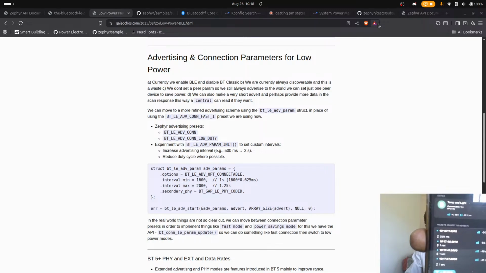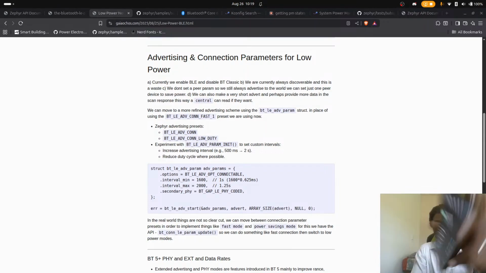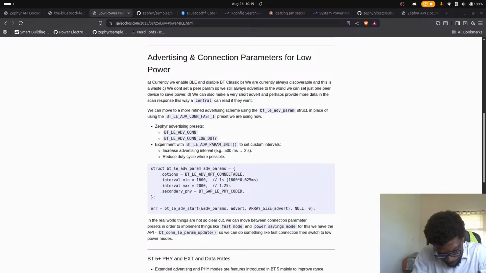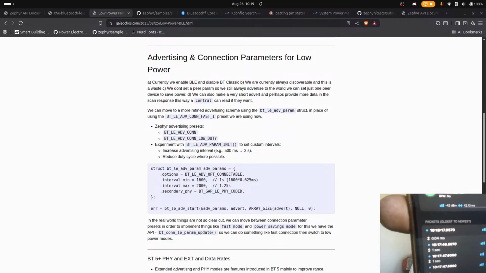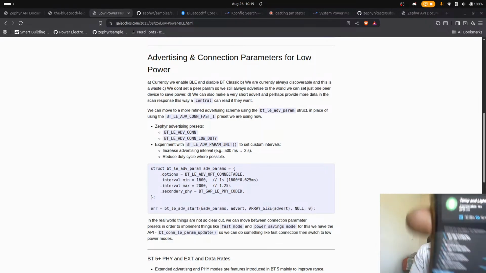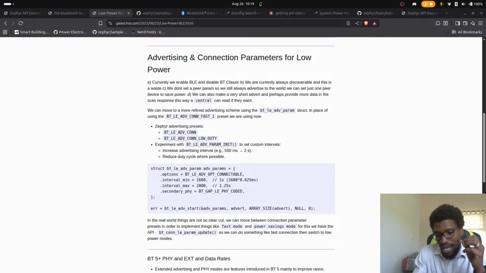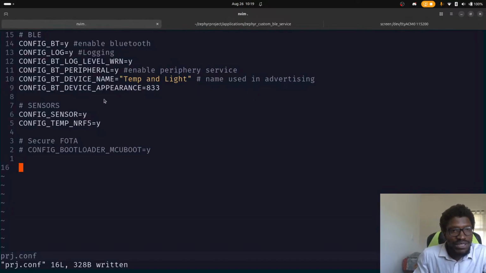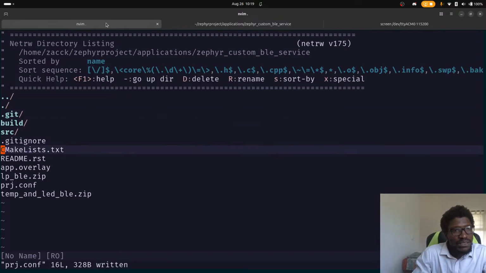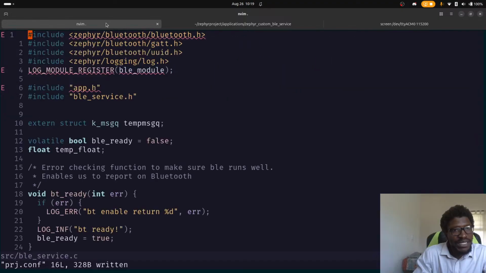I don't know how visible it is on the screen, but I'll upload some images later so that we can see. What you can't see here is, how do I say this? We are only advertising once per second. And what is happening, we used to, if I switch back to the BLE service that we were in,